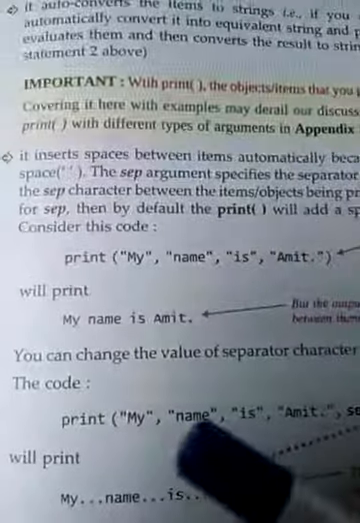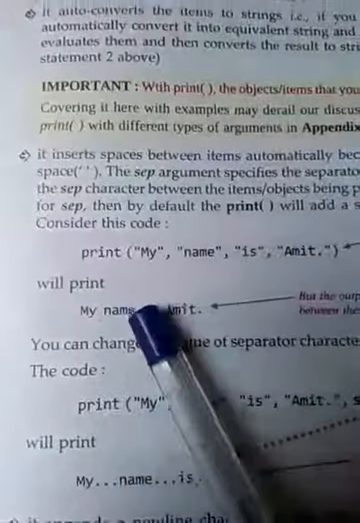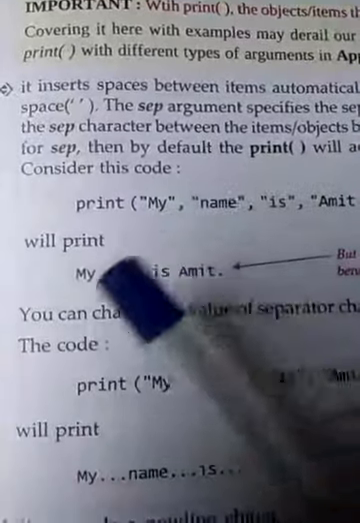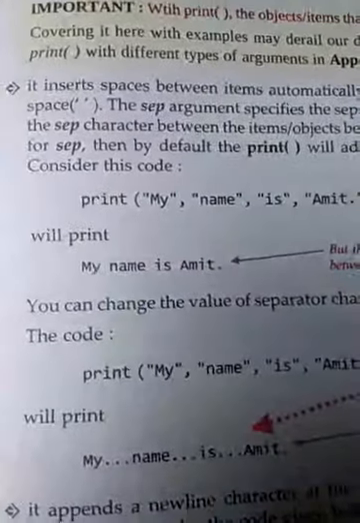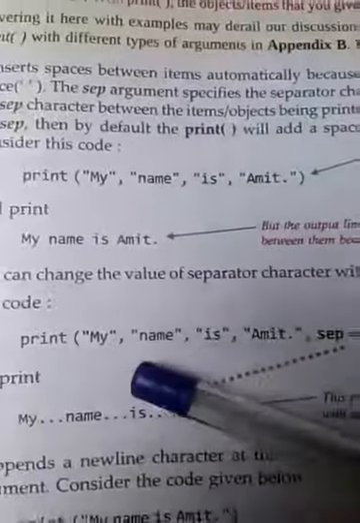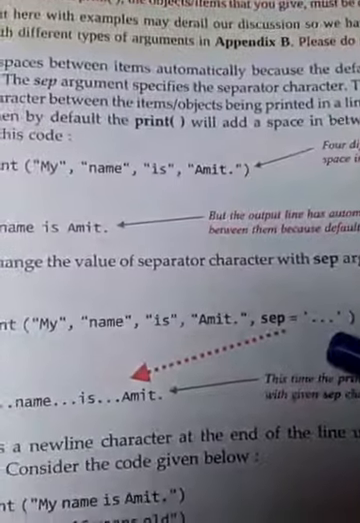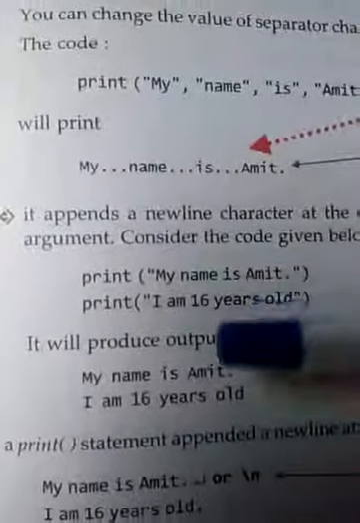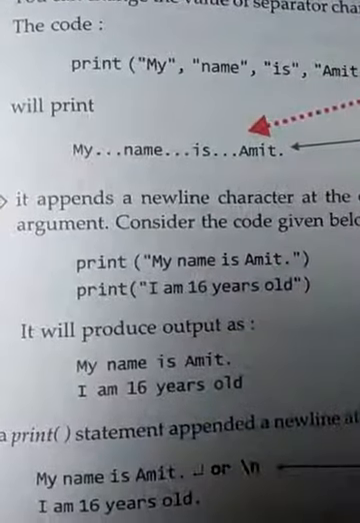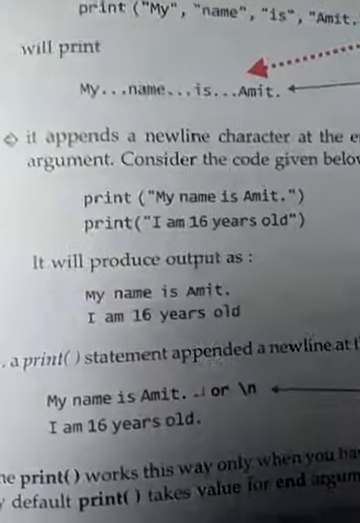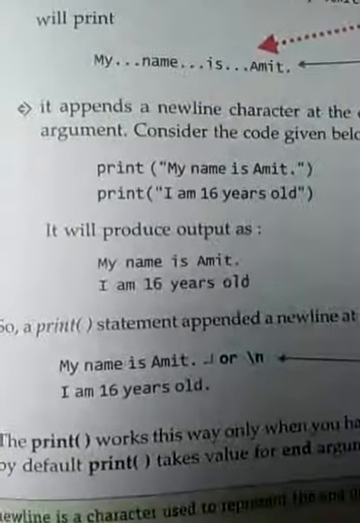Now there are some more examples. We can concatenate multiple strings with a comma, so each string will be combined with a single space. Now this is one more example. Here we can add strings with 3 dots, so each string will be combined with 3 dots. And when we write two print statements, they will be displayed on different lines, or we can also use \n, which is used to change to a new line.